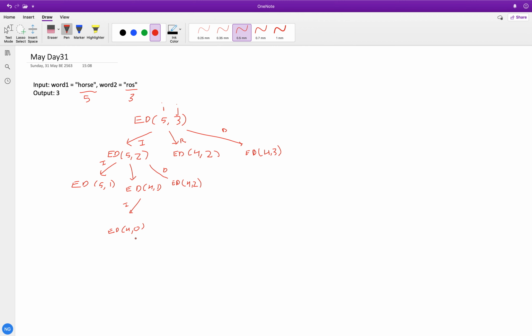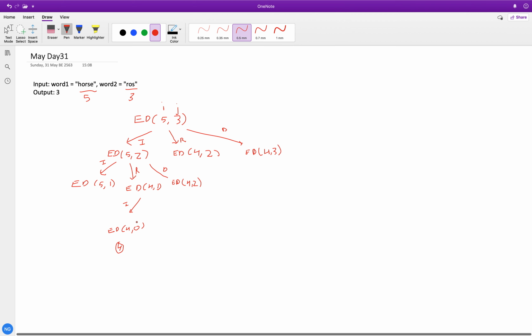Once we reach 0, after that we have to remove all these 4 characters. Because we already added 3 new characters into this call flow, one of which is a replace call, we have already matched the string word 1 to word 2 by appending or replacing, and the remaining we need to delete.